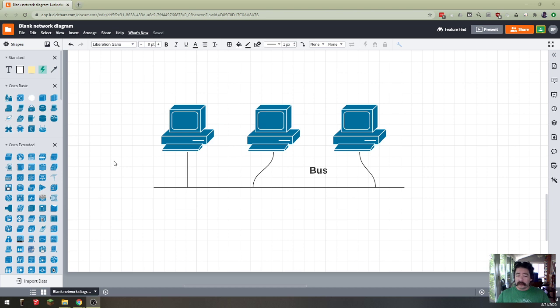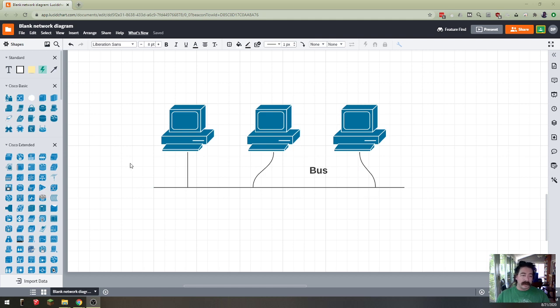We don't really use it much anymore, but it's still important to know because a hub is technically a bus network. Even though it looks like a star, if you were to put that hub in the middle of your network and connect everything to it, it physically makes something that looks like a star, but in fact, logically and electronically makes a bus. So a bus is a common line, a common cable, essentially,